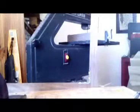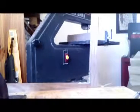So what I've got set up here already is, this is the piece that's going to sit in the track, and this is just something I've got as sort of a stop for the L iron here. I'm going to mark this out. I'm going to countersink it. I'm going to drill my pilot holes first. Let's see if I can set this thing up over here, and then I'm going to cut it on the bandsaw. That blade's going to drip a little bit because